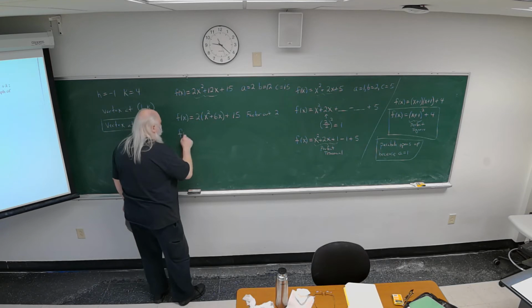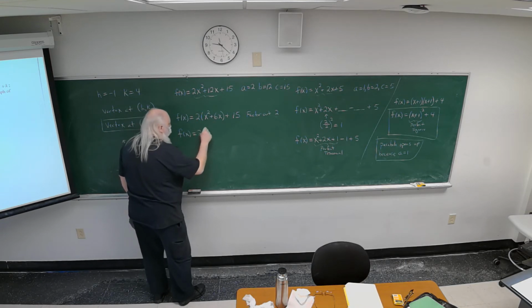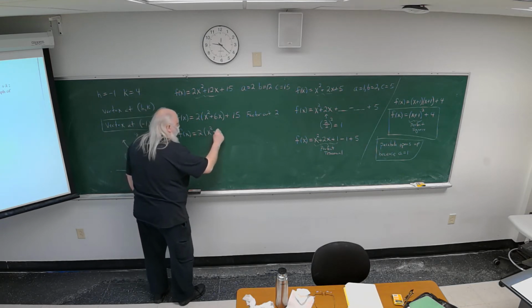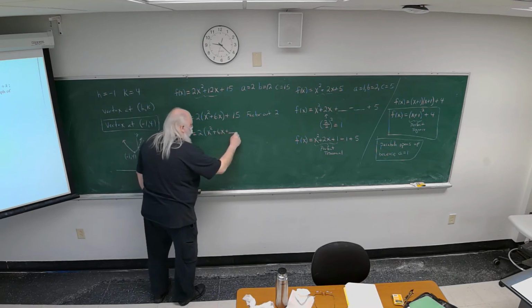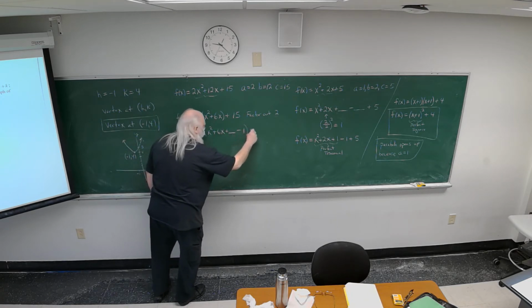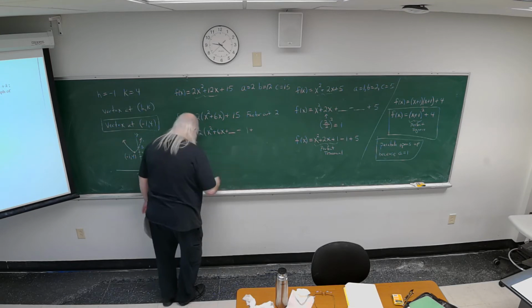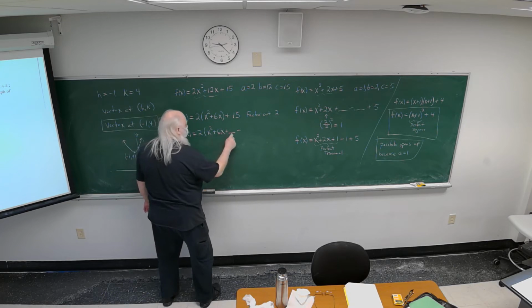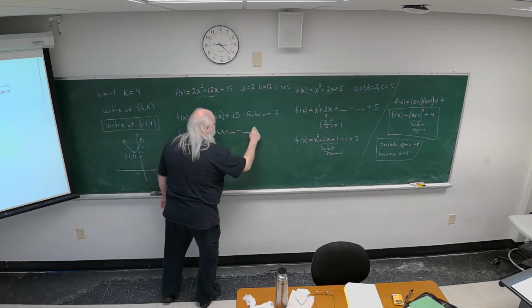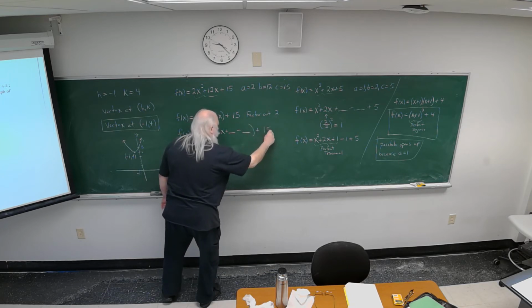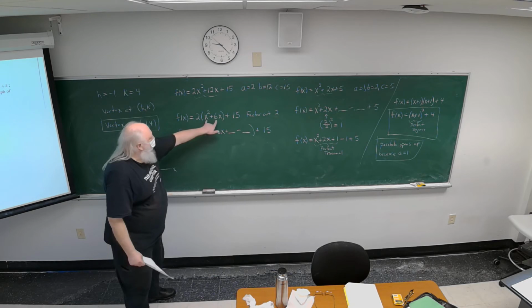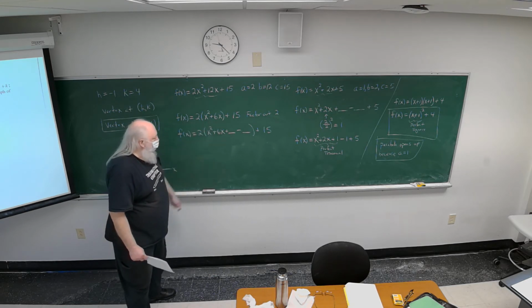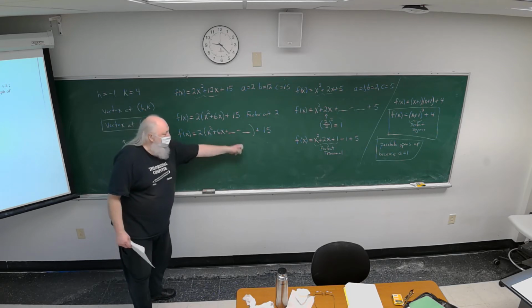Now, inside the parentheses, I'm going to add and subtract the number. x squared plus 6x plus minus, and then let's slow down. Right, so inside parentheses here, I'm going to add a number and subtract a number. Right, that's what the blanks are for, right? Add a number and subtract the same